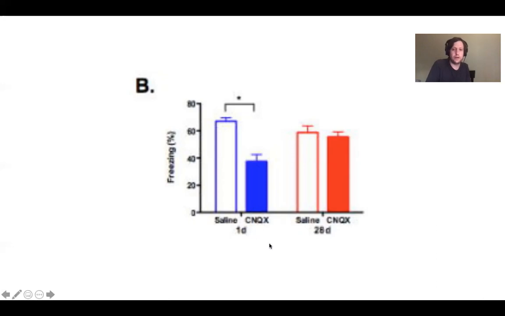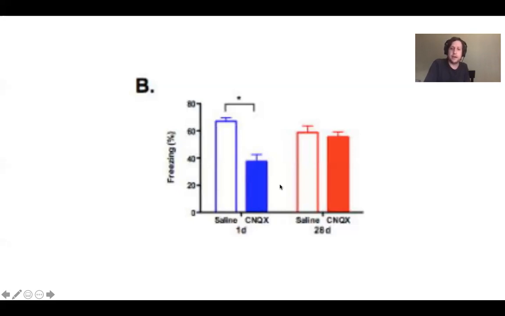And so if the hippocampus is working, if they're able to form the association between this object, the shock, and the contextual environment in which they receive the shock, they should show a lot of freezing behavior. The large percentage of the time when they're in the cage, they should be still. And they do that in the saline condition. The saline condition, their hippocampus is intact. But when their hippocampus is slightly impaired by this chemical which is injected into it, you see that the freezing behavior decreases.